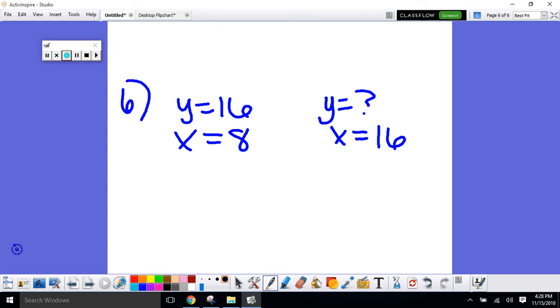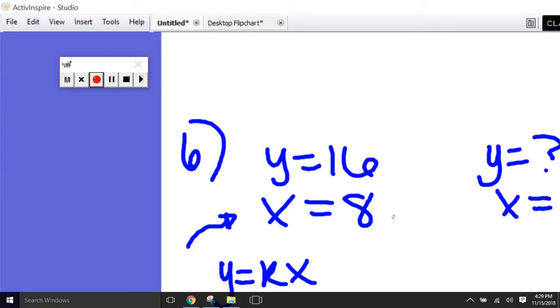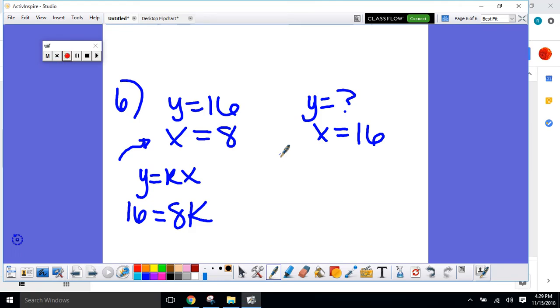So I have y equals kx. Y is 16, so I'm using this point right here, and then x equals 8. Okay. So now I want to solve for k. I'm going to divide by 8. So k equals 2. That means I can write my equation y equals